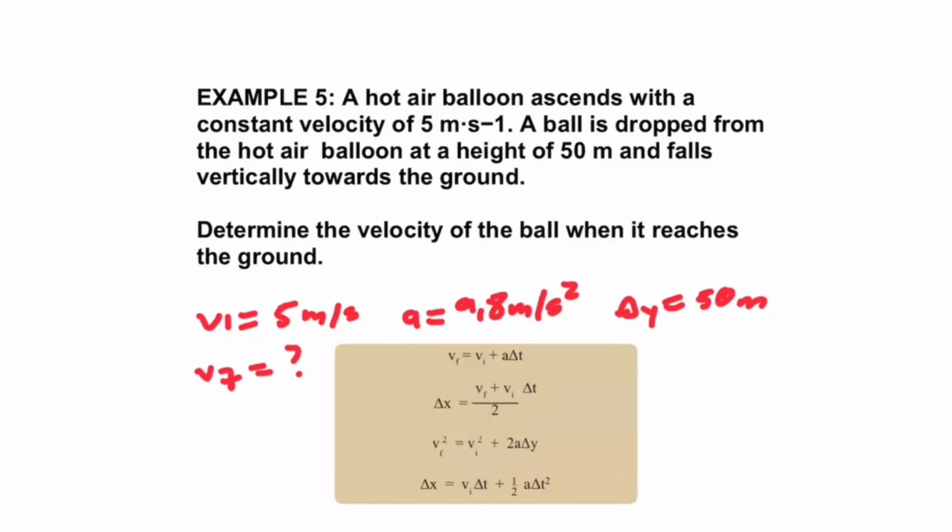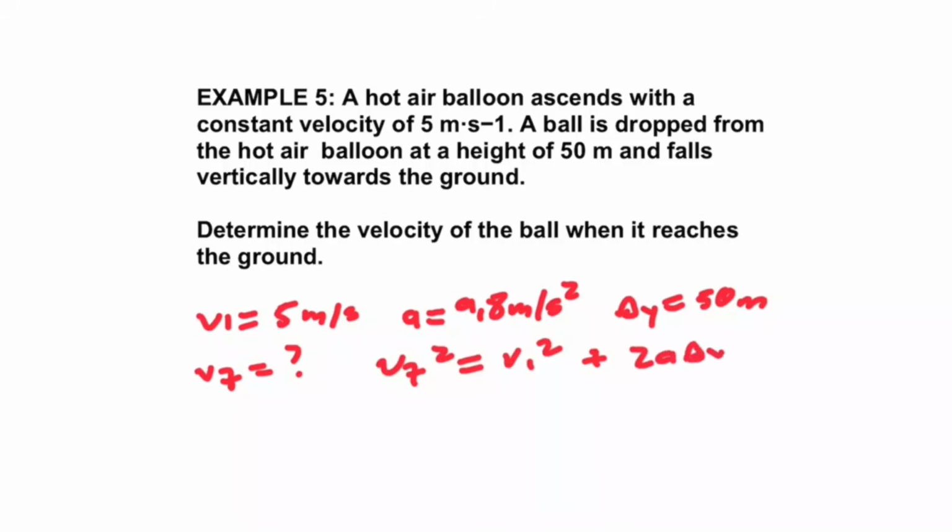With these four variables, which equation can we use? We need to use VF squared equals VI squared plus 2A delta Y. So VF squared will be equal to, we're taking up as positive. The hot air balloon is ascending, it is going up. So VI for the object is 5 meters per second upwards, okay? So we're going to substitute that as 5. So we have 5 squared plus 2 multiplied by the acceleration. If we're taking up as positive, the acceleration will be negative. So we have minus